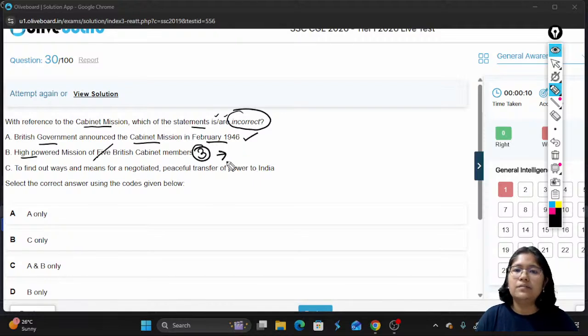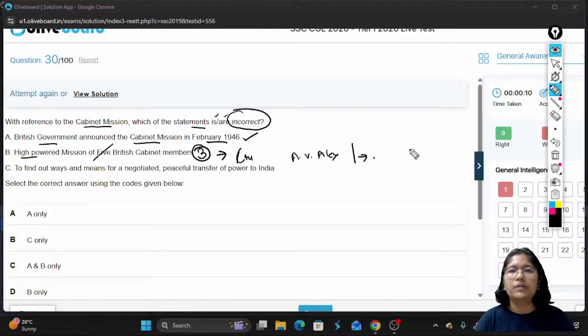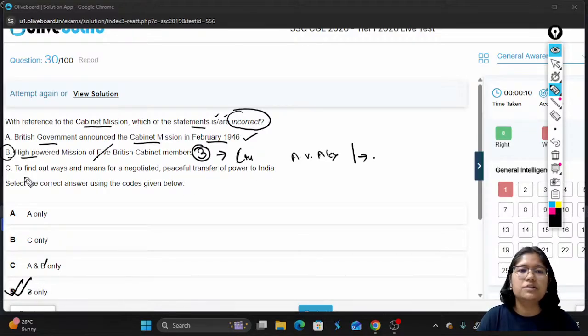The names are again very important for your basic history syllabus completion, so you also study them. Number 1, you can start from Cripps because he was already there in the Cripps mission also. Then you have A.V. Alexander, and what is the one more name? You put that in the comment box. Is he Lawrence? What is the other name? You put that in the comment box. So this statement B is wrong. B is incorrect, A is correct. So you already found your correct answer. But still, before marking, check once.